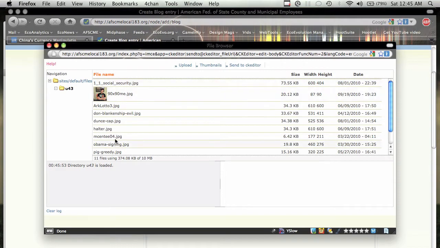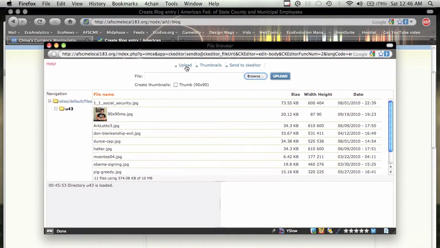Okay, so this is a list of all the images I've already uploaded. But since this image we have to upload to the website, we haven't done it yet, we're going to go ahead and hit this upload button right here at the top. You click on that and it opens the upload dialog. Again, we want to browse, hit the browse button,